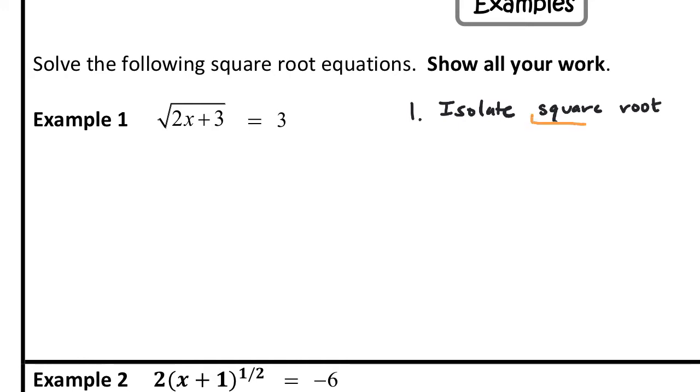So if we look at the square root term, it's this term, right? And so if we notice it's by itself, it's already on one side of the equation. So then the next thing, step 2,